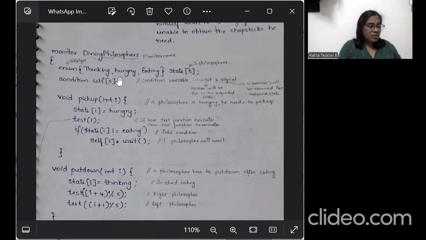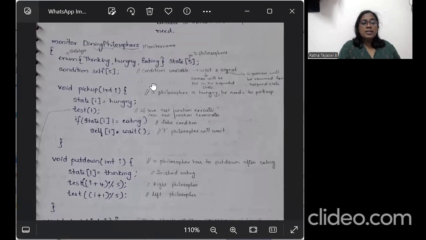Here, with the condition variable, when wait is called, the process will be put in the suspended state. If there is a signal, the process will be resumed from the suspended state. Okay, now we will see